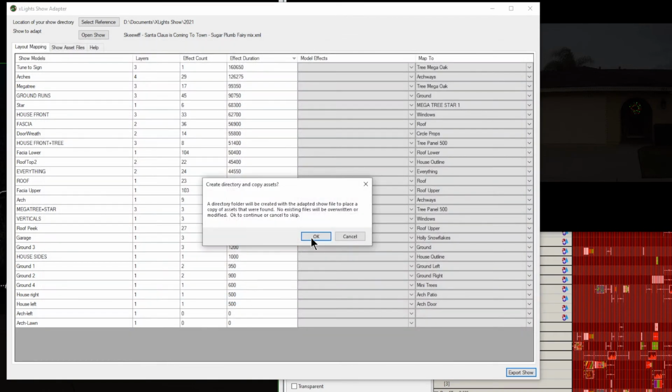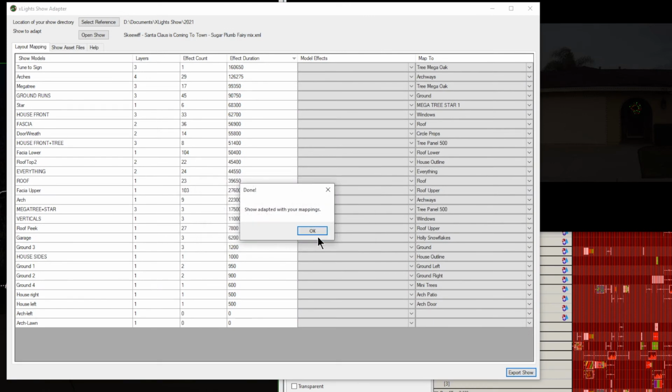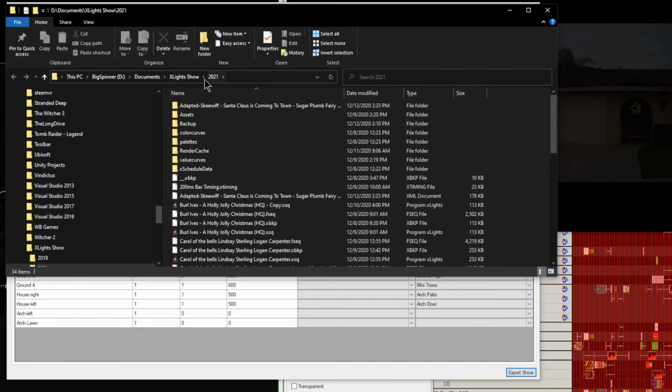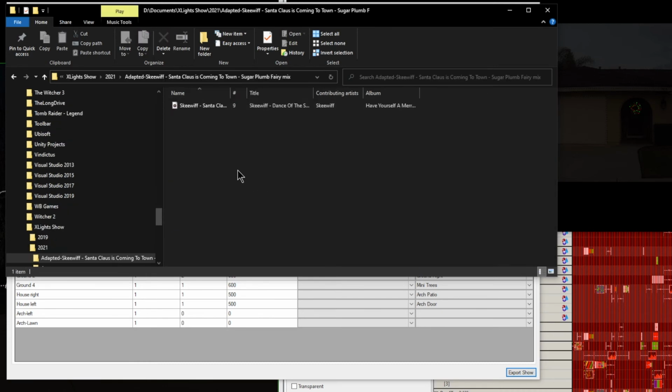It's going to tell me, hey, a directory folder is going to be created. Is that okay? I'm going to say yes, do create the folder. And then it's going to open the folder, which it did over here. And so here is my 2021 show, and there is the folder that was created, and there is the XML file. So if I go in here, the only thing here is its